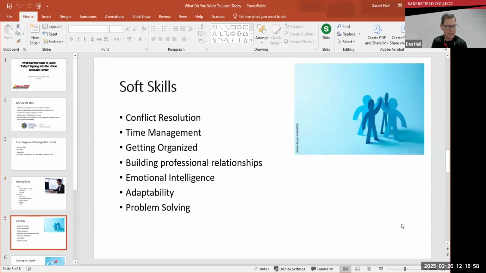Raquel's going to go ahead and take over on this slide and talk about ways that she has used the Vision Resource Center to address some of these issues. Hi, everyone. So I felt very honored when Dan asked me to present with him. I've been using the Vision Resource Center, and it feels like the more that you are searching it, there are so many trainings in a wide variety of topics that could be used for either professional growth or, like Dan said,